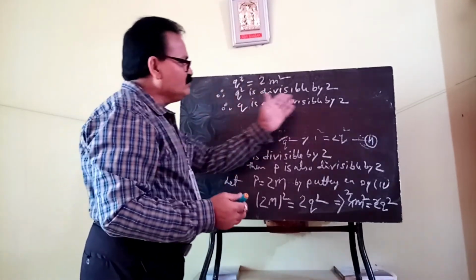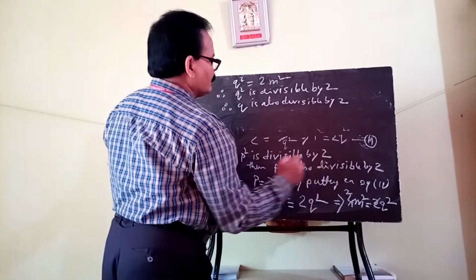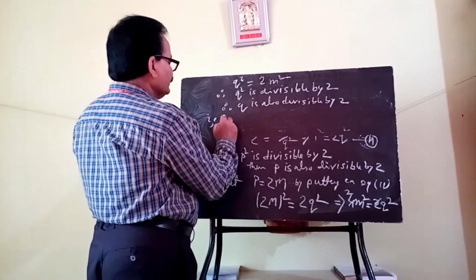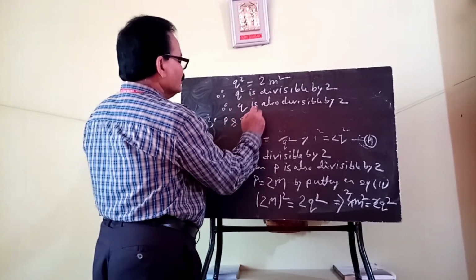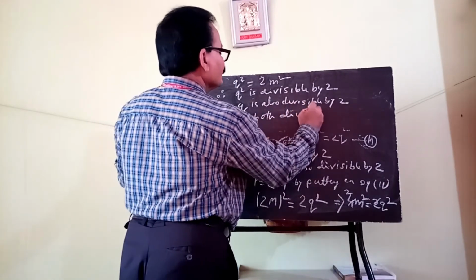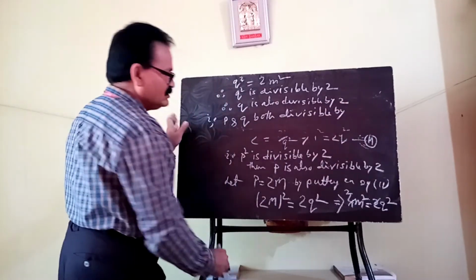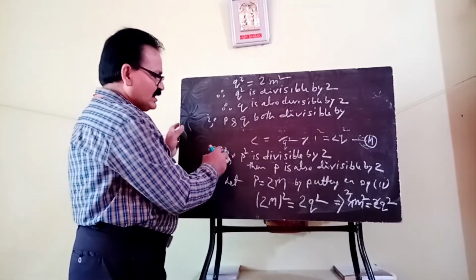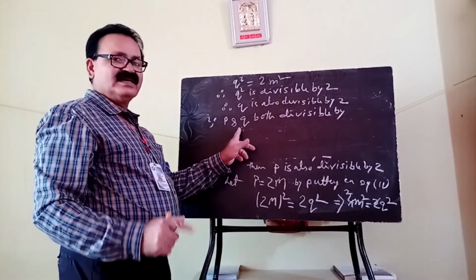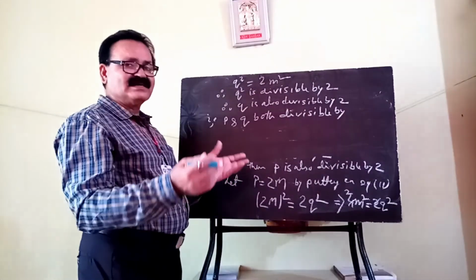If q is divisible by 2 and p is also divisible by 2, then if we conclude, p and q are both divisible by 2. As you have seen, p and q have HCF 1, not 2. So this will contradict the fact